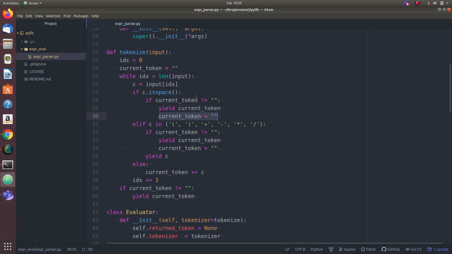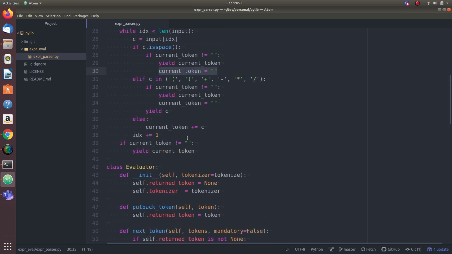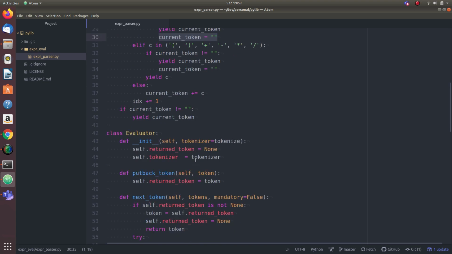So these generator functions are special functions with multiple entry points. That's how it gets implemented in the Python interpreter. Anyway, we generate a lazy sequence of tokens using this yield statement.